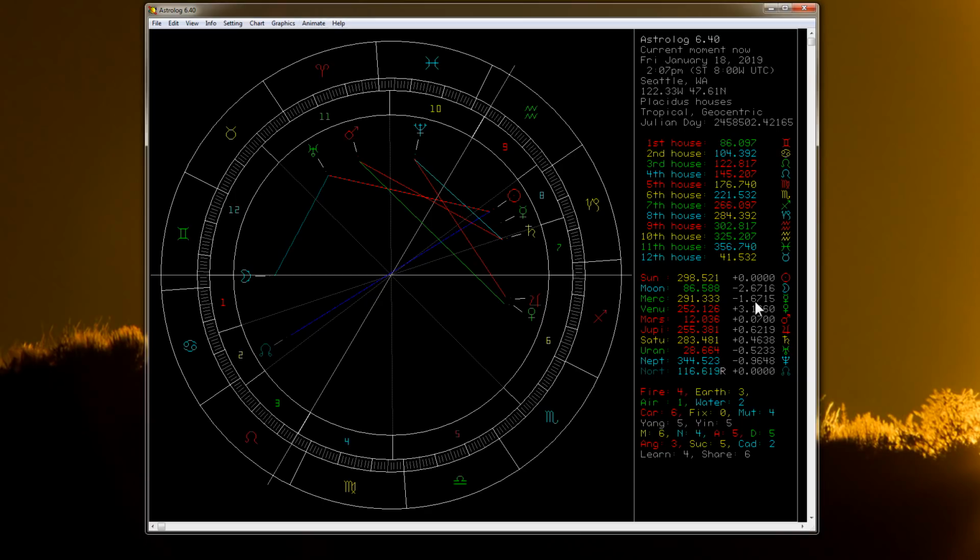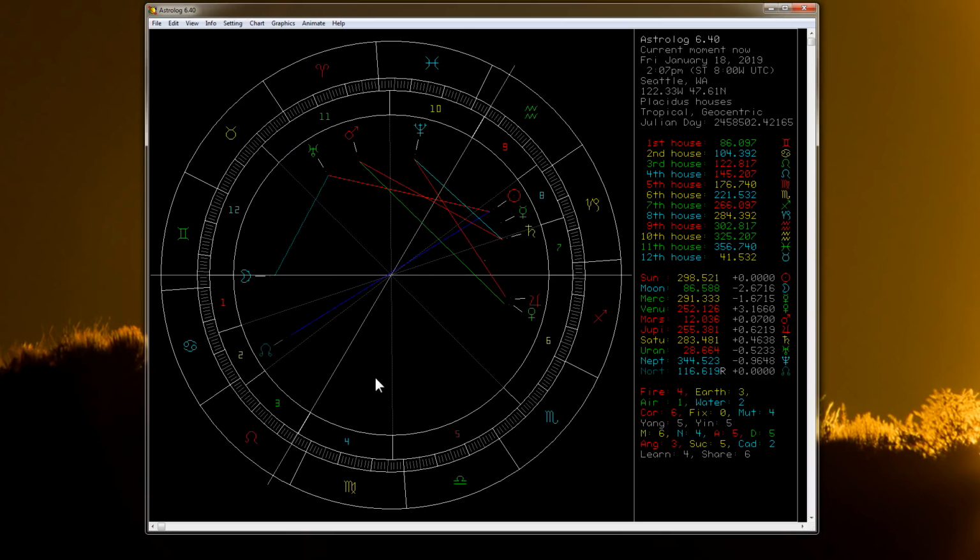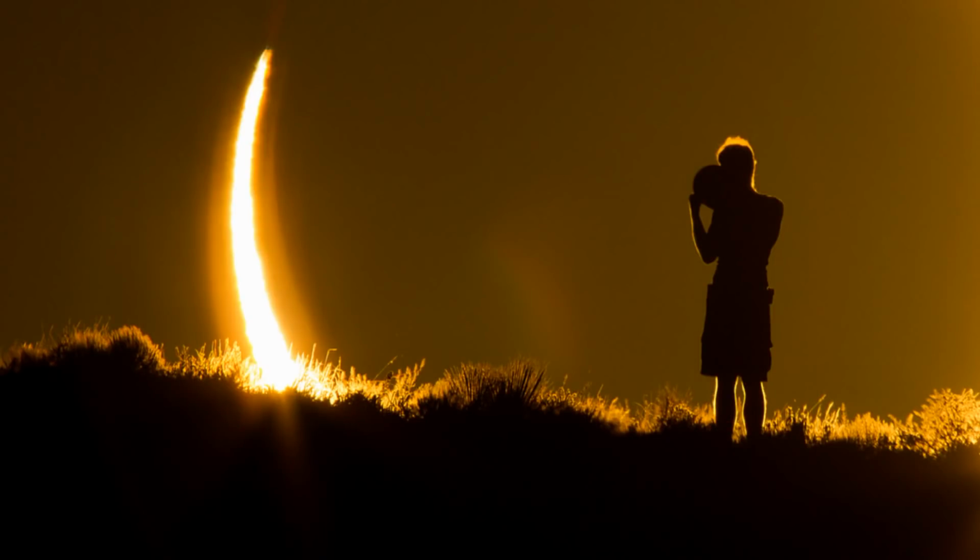But anyway, this is the basics on how to change the settings for what you want displayed in there, the restrictions for the planets, the aspect settings, the house system, the display settings that show you that file, so you can go in there and change things. After you've worked with it enough, you can change those default settings, so every time you open up the program, it will open up to the correct size that you want. Everything will be set up how you want. The location will be how you want. All that good stuff. So in no way was this an exhaustive